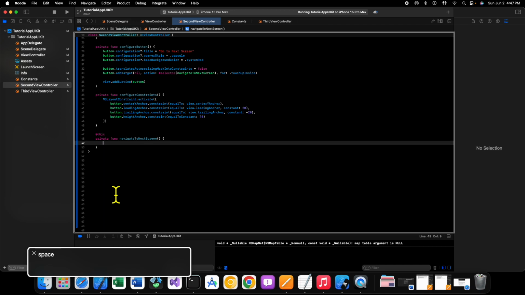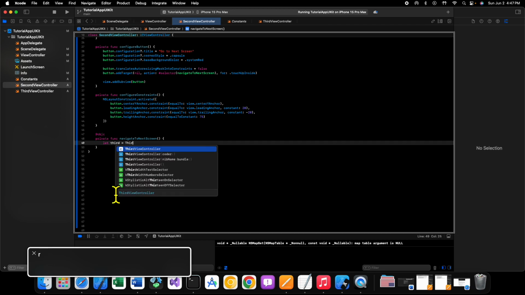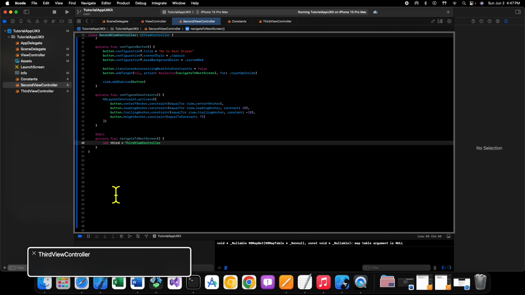So here we need to create an instance of the view controller that we want to navigate to. So in this case, it's going to be third screen or third view controller. So we'll call it third equals third view controller,